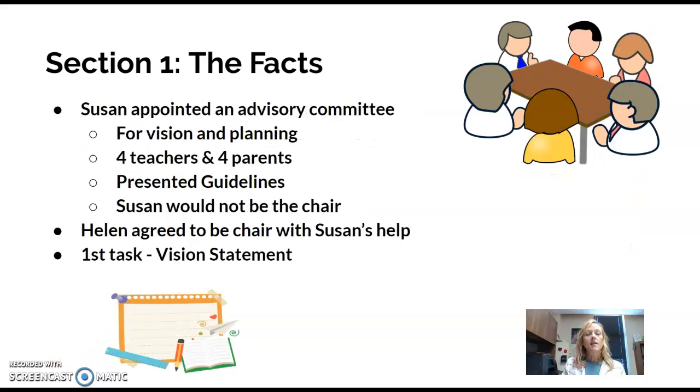She then appointed an advisory committee. This was for vision and planning for the new middle school. The team consisted of 4 teachers and 4 parents. She presented the advisory committee with guidelines that she expected from this committee. Those guidelines included the committee would operate